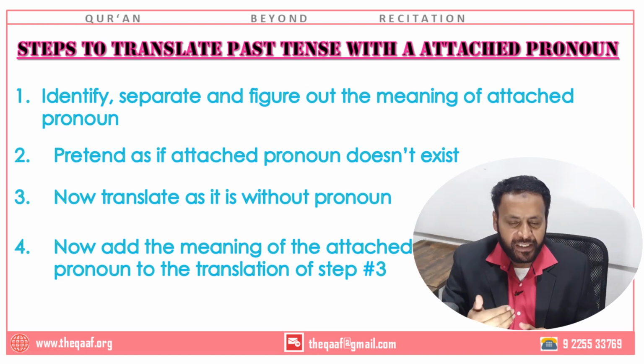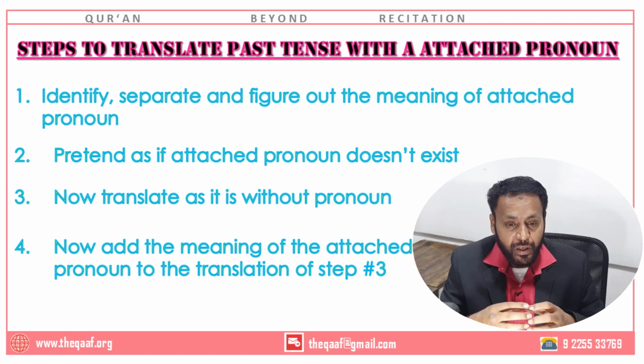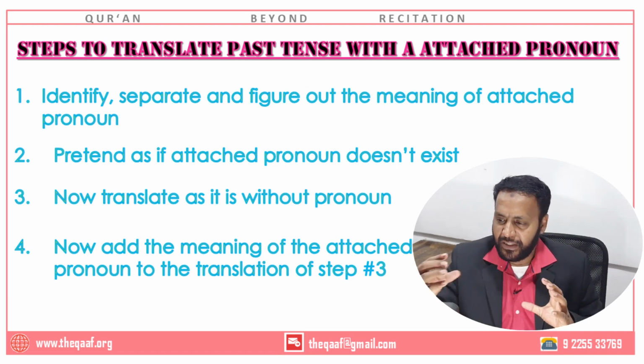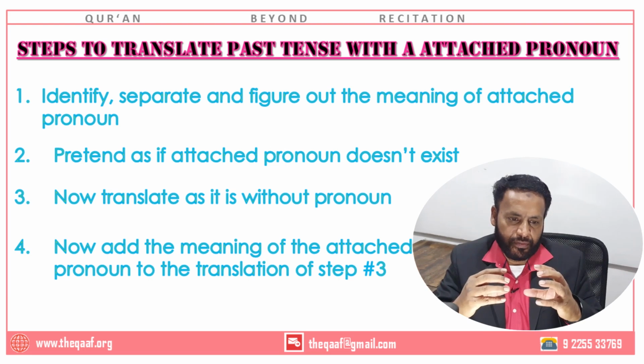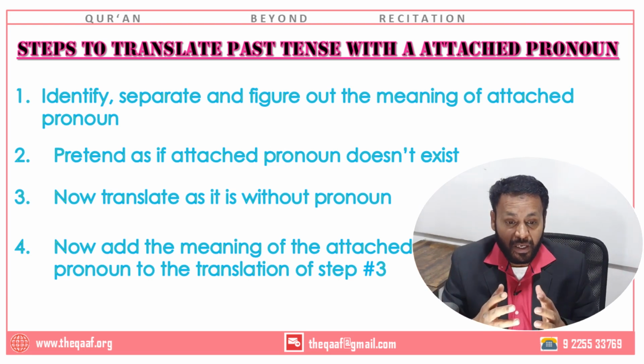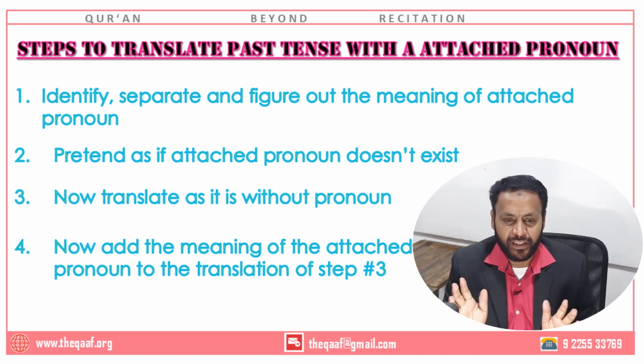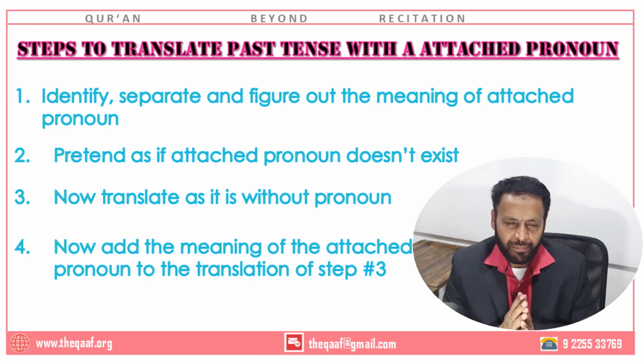So these steps are there to interpret a verb when a pronoun is attached to it. Okay, so what are the steps? First of all, the first step is you should be able to identify this is a verb and this is a pronoun. That's the first skill you need to have. If you are not able to figure out which is the pronoun and which is the verb, that's it. We are in bigger trouble. So by now, I am hoping that students are reviewing the notes, looking at the videos which are made available, everything free of cost. So there should not be any reason for not doing it. In spite of that, if we are not doing it, then there is a bigger problem. We are not made for this then.